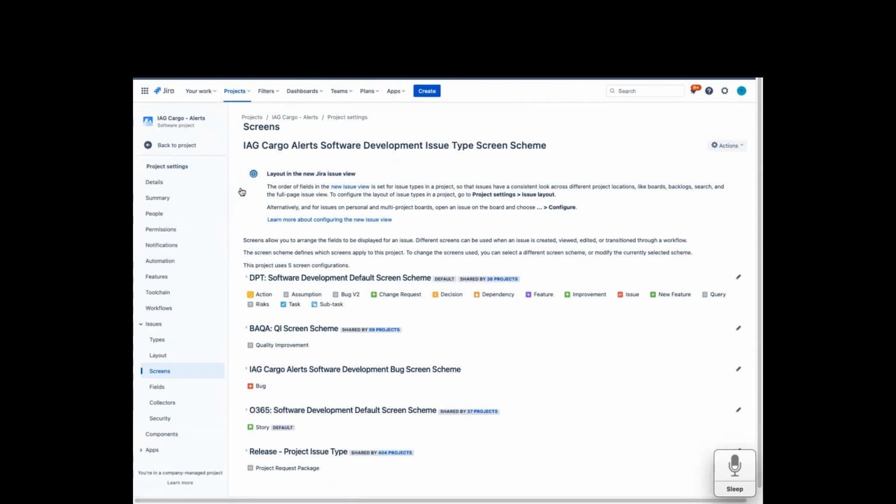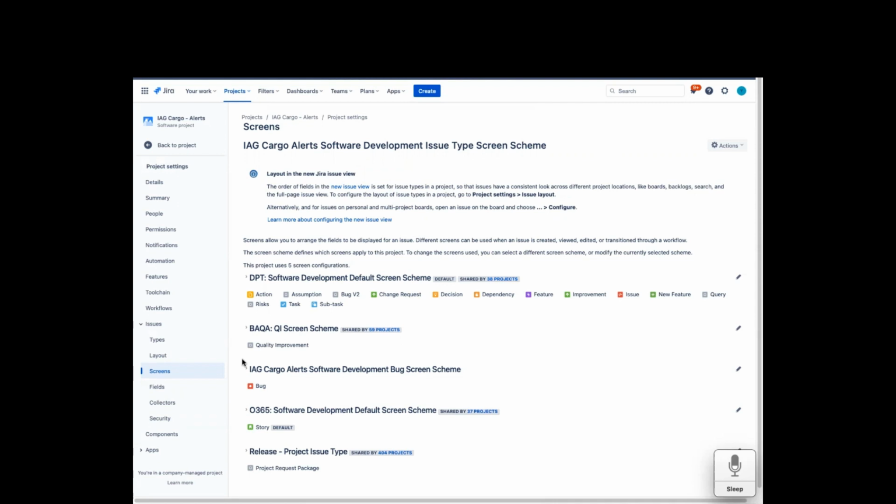Okay, so now, can you see what has happened? Start from the bottom of your screen. Can you see that the AIG cargo alert issue type schema is not shared with any other project, right? But because we did not make changes to any other issue type that you had there previously, you can see all these other issue types are still sharing the same configuration with 36 other projects, but the bug that we're trying to apply changes to is not sharing screen with anybody. So you can make changes to this without it affecting the other 39 projects because you're not using the same